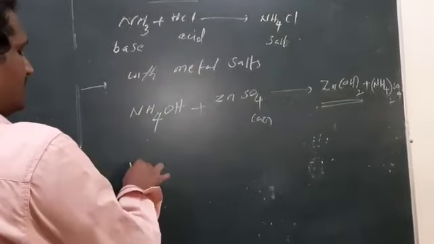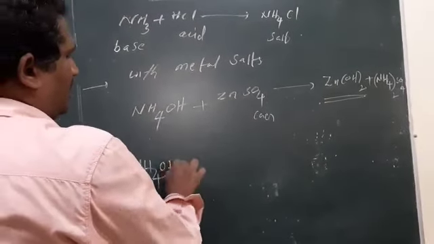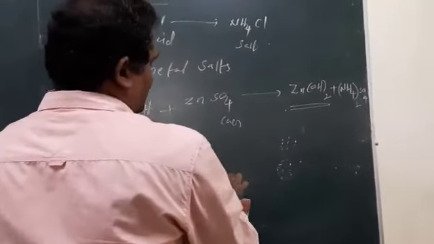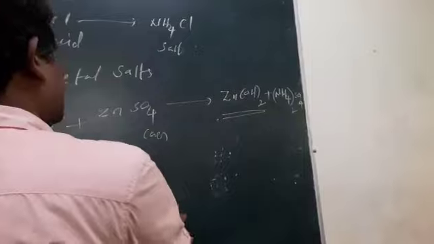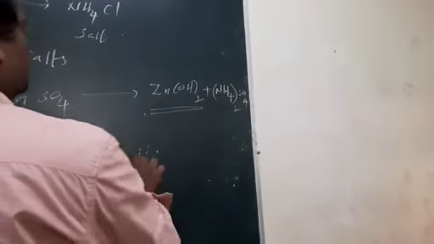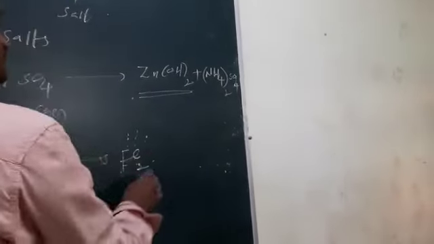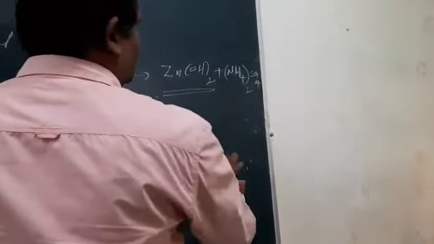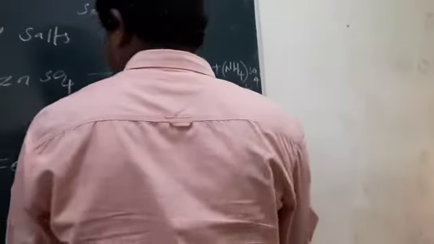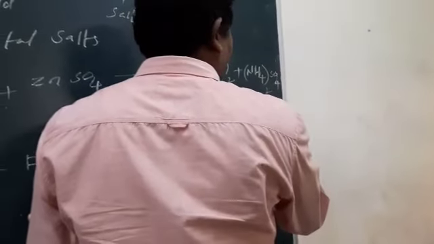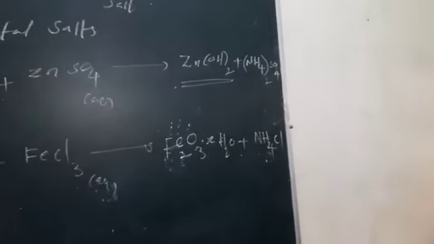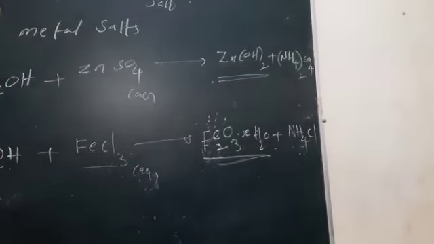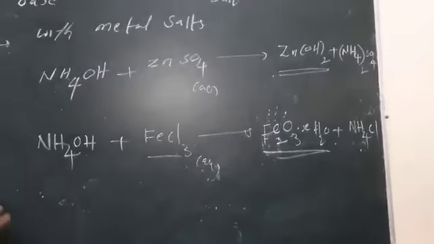Similarly, when the ammonia solution reacts with ferric chloride, FeCl3 solution, it forms hydroxides, or ferric oxide with moles of water, and also ammonium chloride. So here hydroxides or oxides are formed. And next,